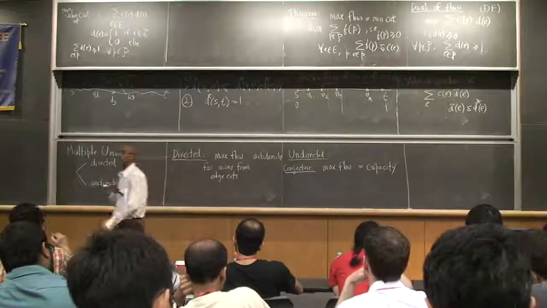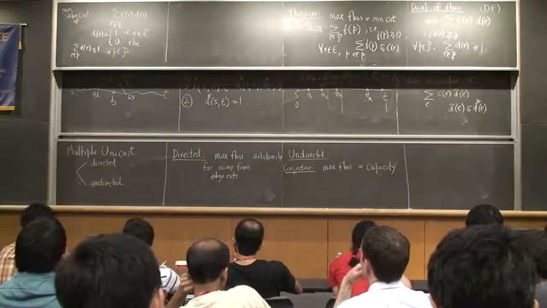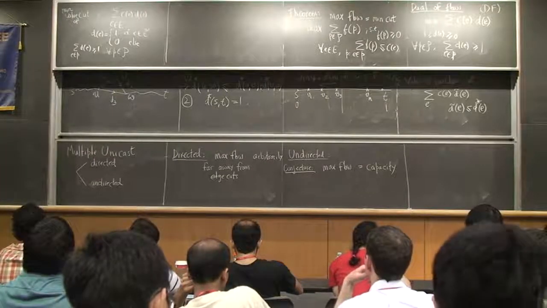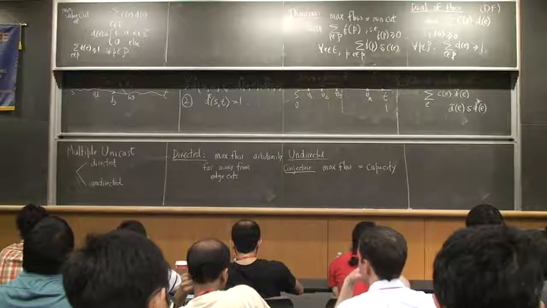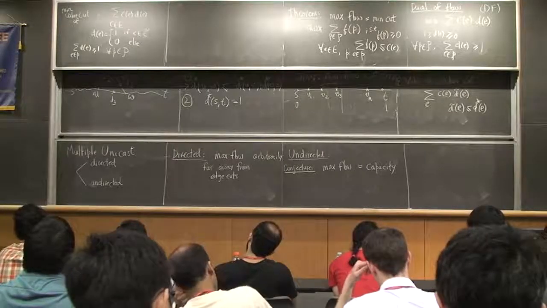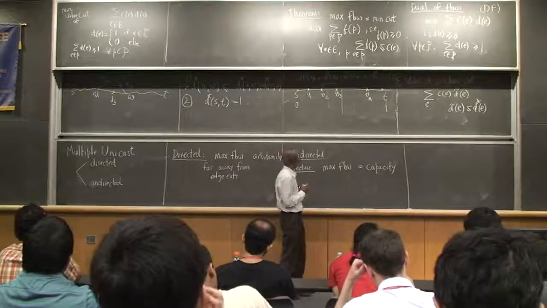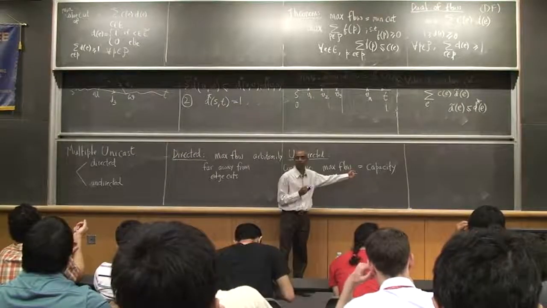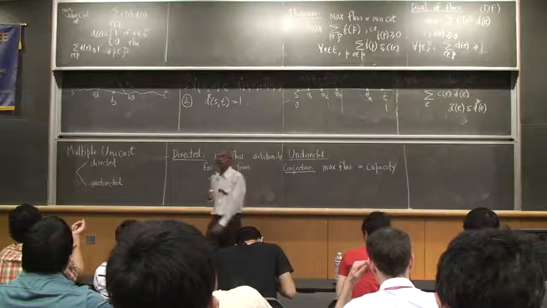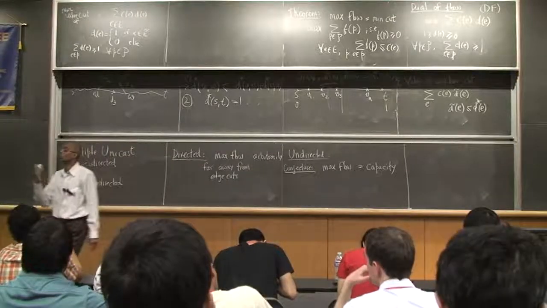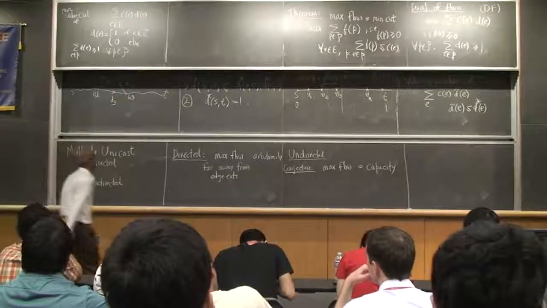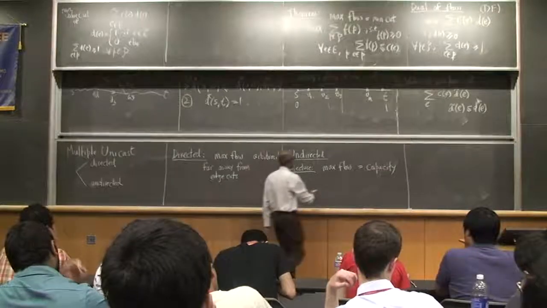Another way of saying it is that network coding doesn't help in undirected graphs. No amount of network coding helps in undirected graphs. This is a conjecture, and we know, of course, it's true for Unicast. We've already seen this. Turns out it's also true for Unicast, to Unicast. So we've seen it for Unicast, and it's also true for